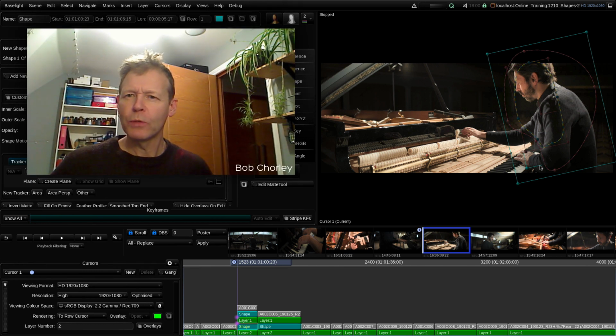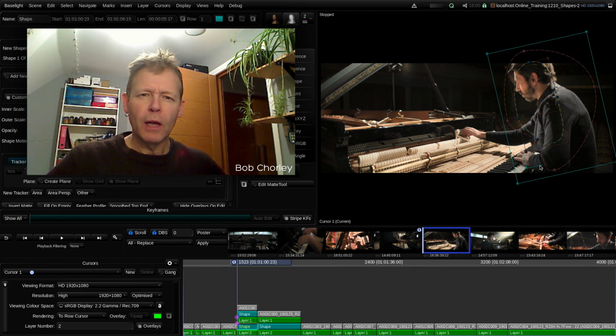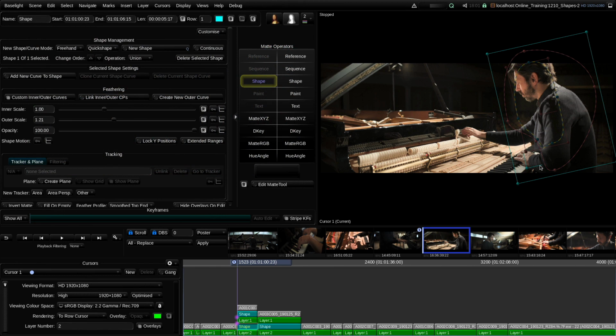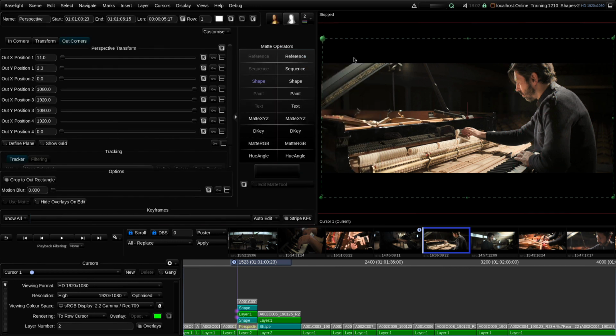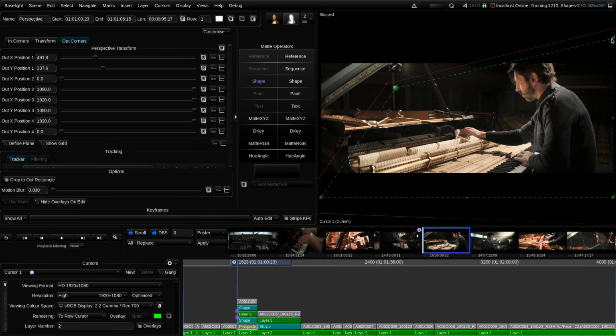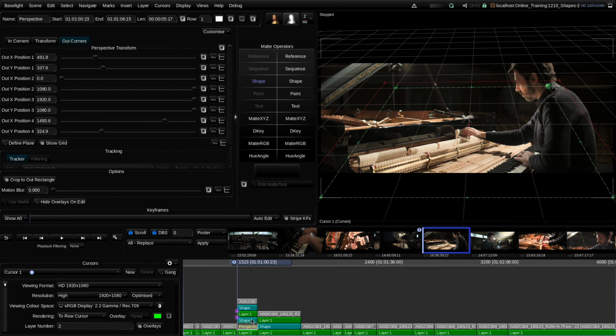So the question was actually, it was as if the center pivot was in another third dimension. Okay, well, I obviously haven't shown you in this tutorial, but we do have the option to add a perspective plane in Baselight. And once you've done that, it's then possible to draw shapes on that plane, so they're no longer flat on the image plane. They're actually, if you've defined a perspective plane that goes off into the distance across to an imaginary horizon,